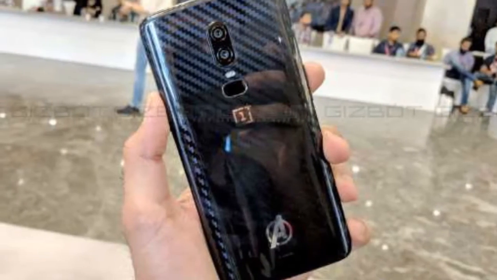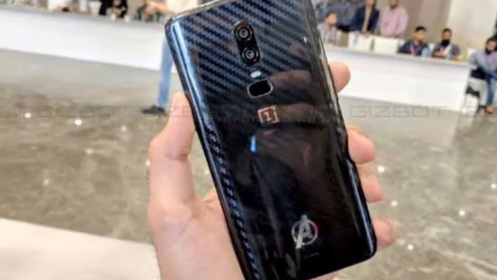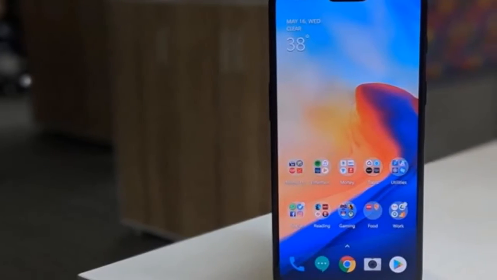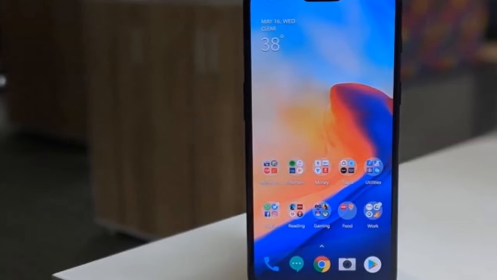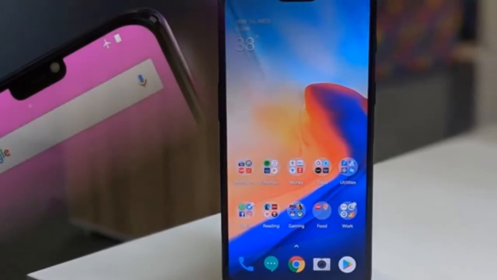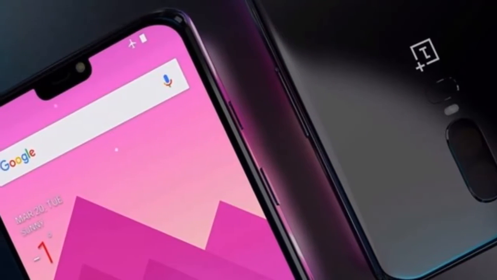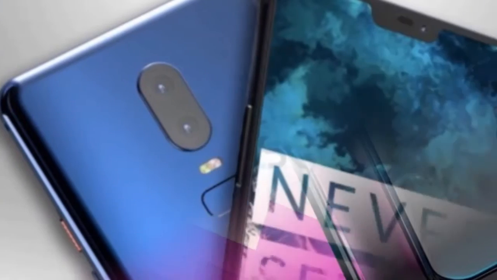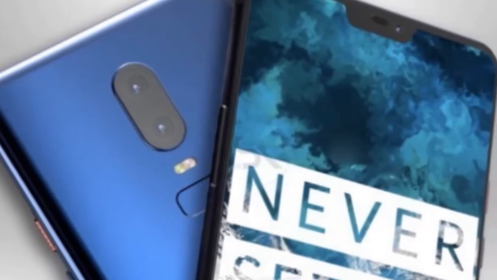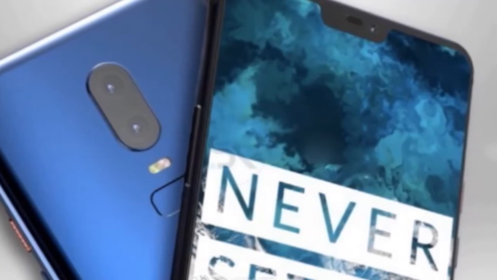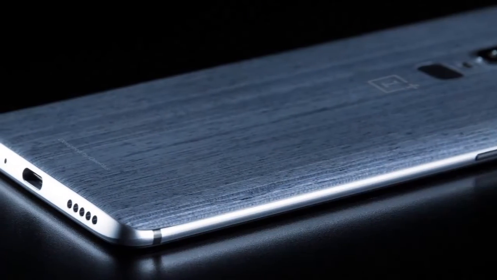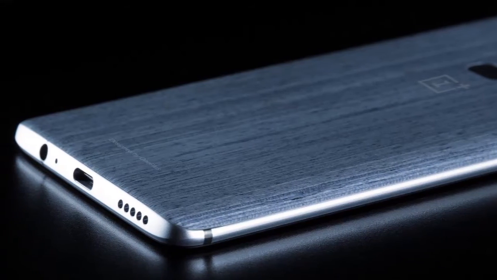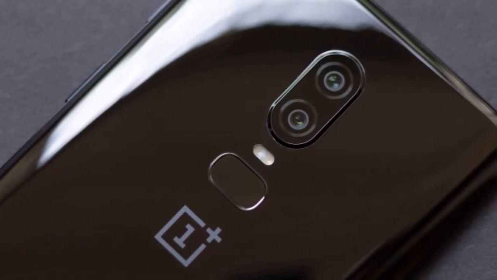OnePlus 6 is all set for its global launch on May 16 and is arriving in India on May 17. And just days ahead of the OnePlus 6 formal debut, the company has announced the availability of Android P Beta on the smartphone. Android P was announced as the Android Oreo successor a couple of months ago with the release of Developer Preview 1, and on Tuesday, the next milestone, Android P Beta, aka Developer Preview 2, was launched at